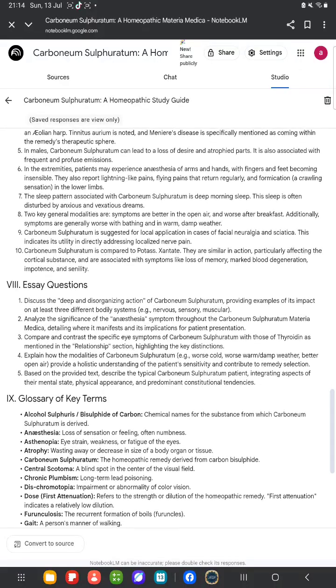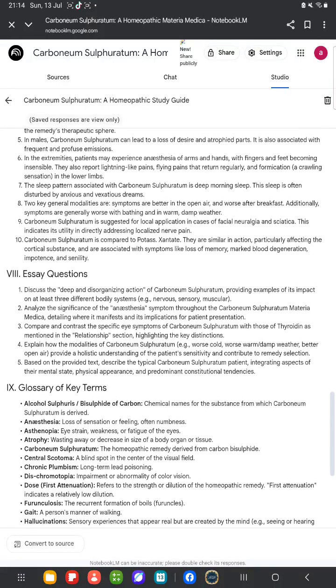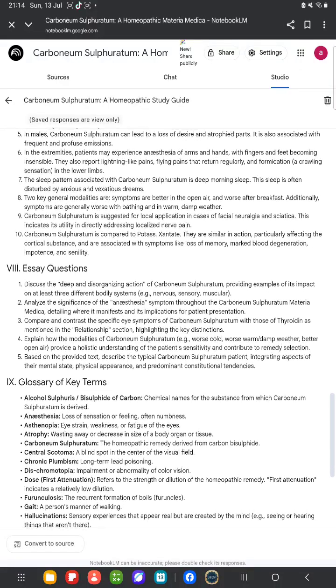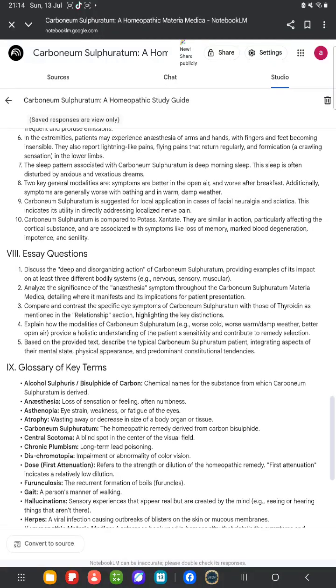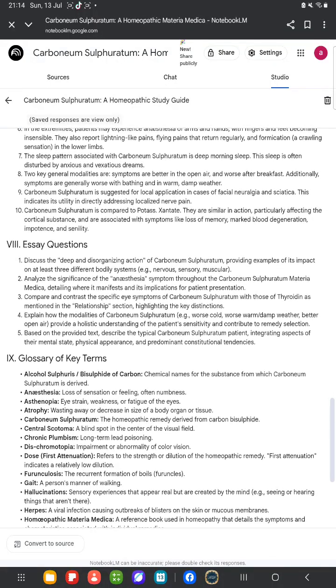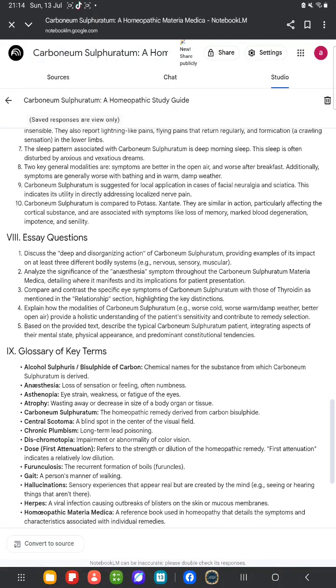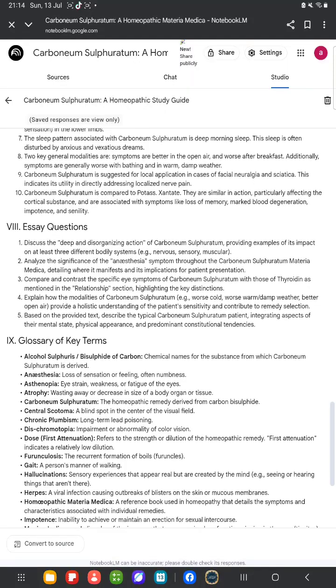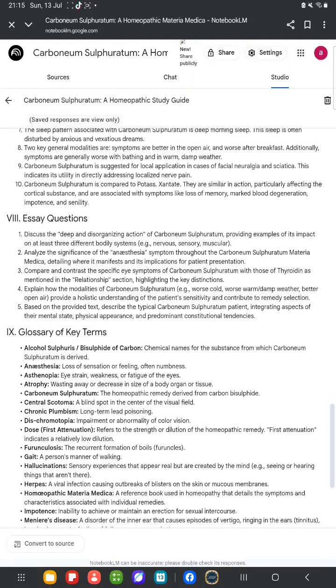Now, Boericke also compares it to other remedies. Why is that important? Comparisons are crucial. They help differentiate it from other substances that might seem similar on the surface. It highlights the unique signature of Carbonium sulphuratum. So what does he compare it to? Well, notably,